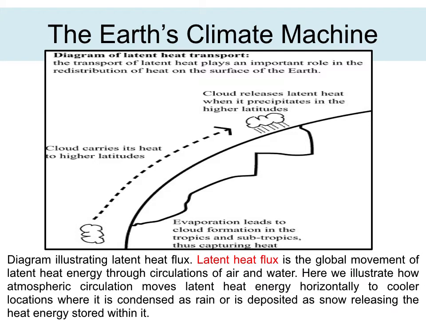Now if you look at the Earth's climate machine, how the machine operates, there are two types of heat actually. One is sensible heat and another is latent heat. When the rise in heat leads to an increase in temperature, this is called sensible heat. When heat is added, temperature keeps on increasing; that is sensible heat, which we commonly experience in most materials. But when there is a change in phase between solid and liquid or liquid and gaseous, then the heat is used in changing the phase, not in raising the temperature. This is called latent heat.